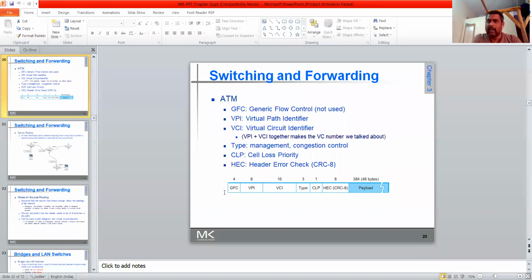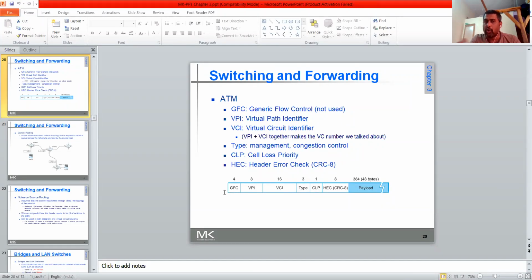Usually in the olden 1980s or 1990s, this was a very important field. But today, in this large network where optical fiber networking and high bandwidth networking are used, almost all the flow control is not so important here, but VPI and VCI are very much important. VPI will tell you the path, that is port numbers, inputs and outputs, what I told you, and the VCI, circuit identifier, will give a unique number.